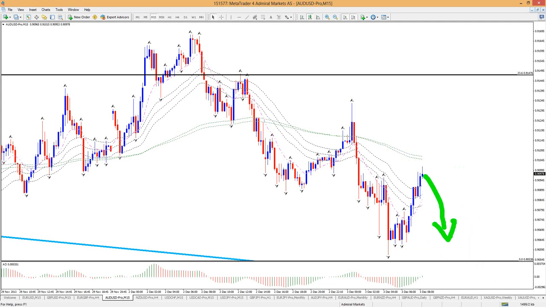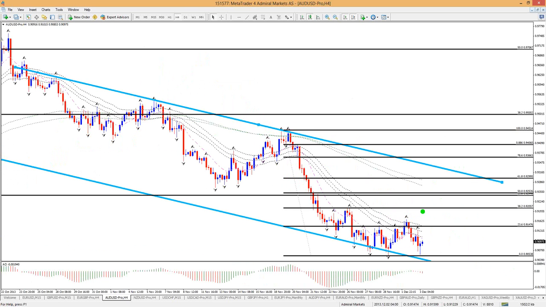So I would need it to break back into the downtrend and break out of it, or, as I said, wait for bigger pullbacks to 92, 92.50, or 93. One of those two scenarios would have to happen for me to get interested in this AUD/USD trade, because upside is obviously not with the trend. Upside is not a breakout trade. Upside is a retracement, so it's a different environment there.